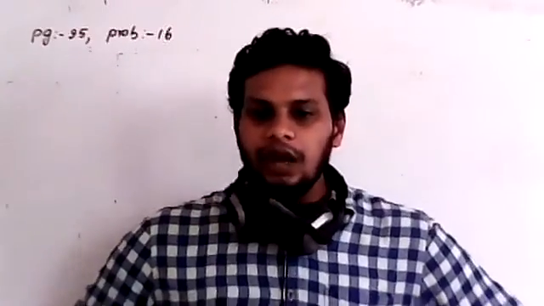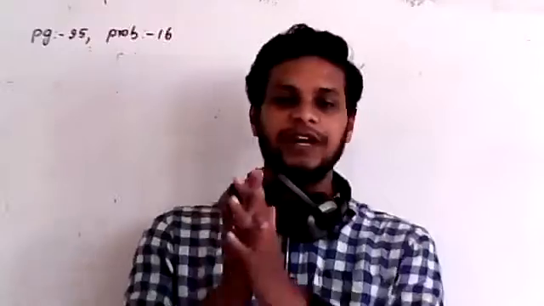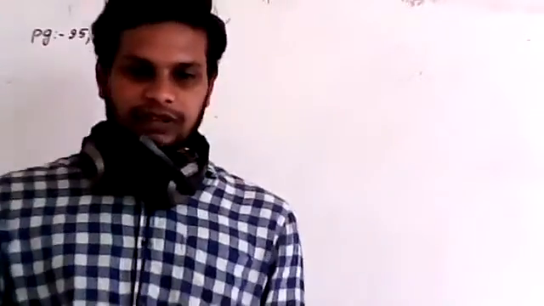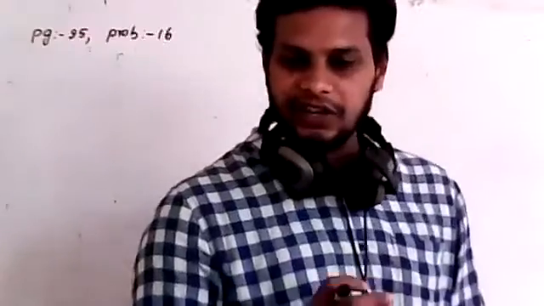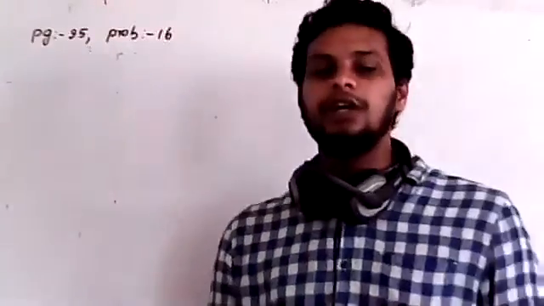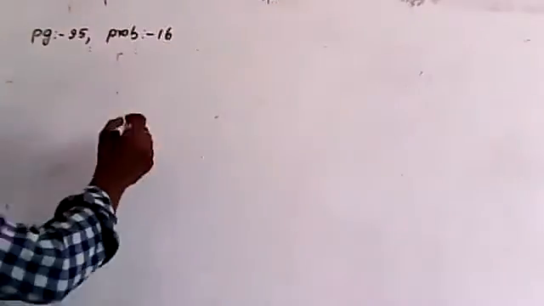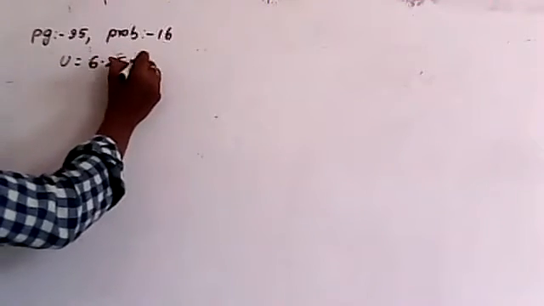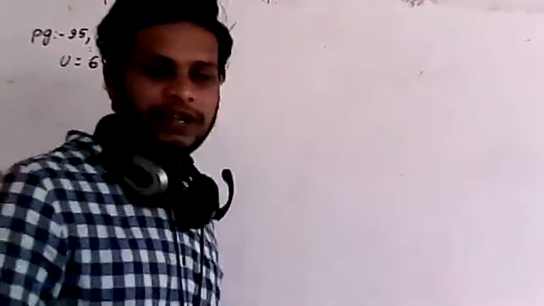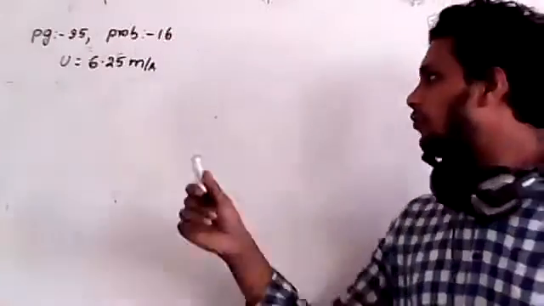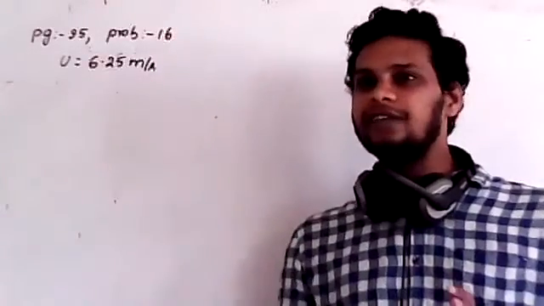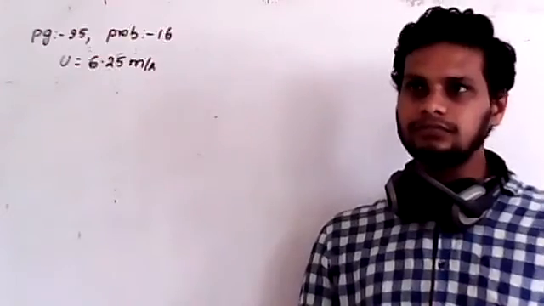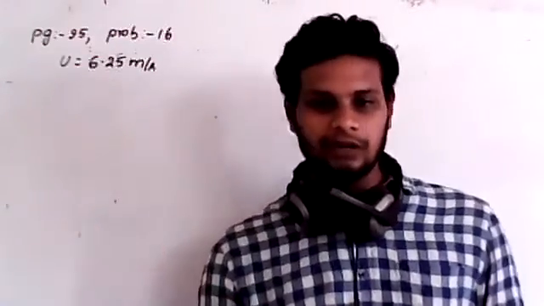Very good, Prithvi. An object is moving with the speed of 6.25 meter per second. Is that the initial velocity or the final velocity? Initial velocity. So indirectly they have given the initial velocity as 6.25. And they are very kind, they gave 6.25. Therefore, if you take the square root, easily you will get 2.5.